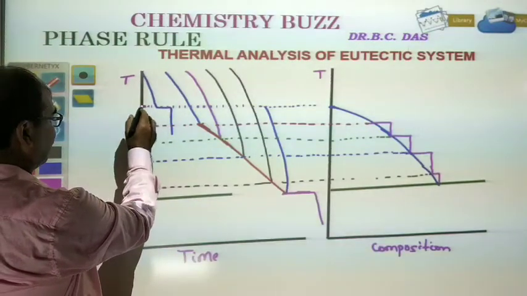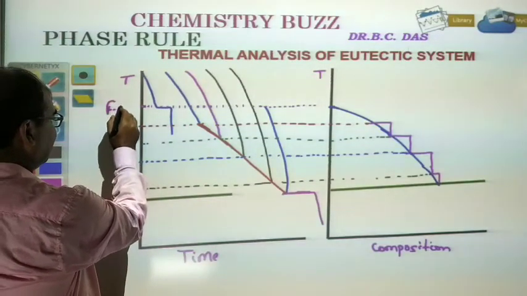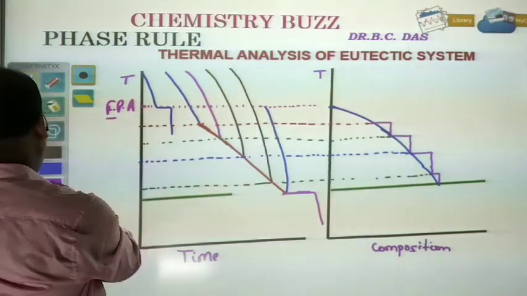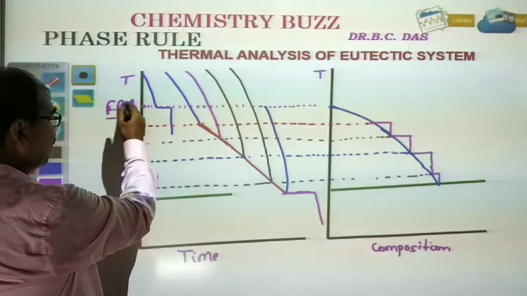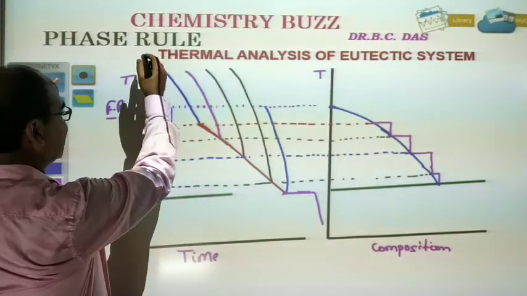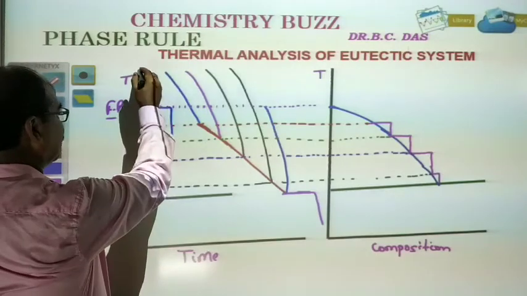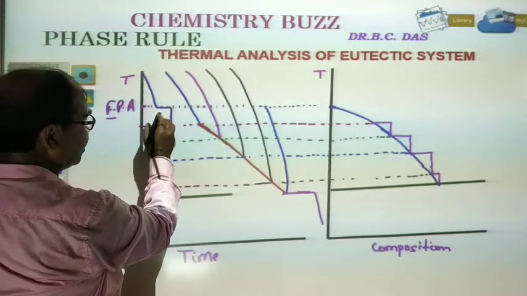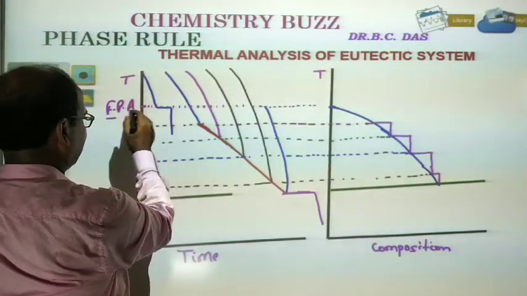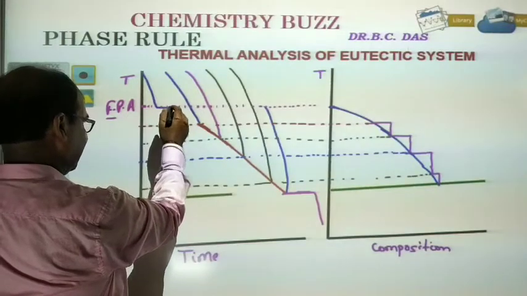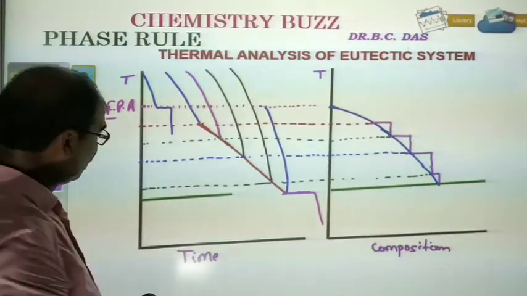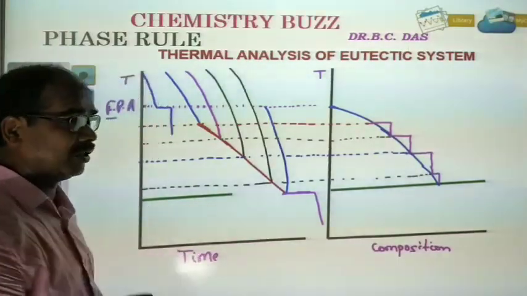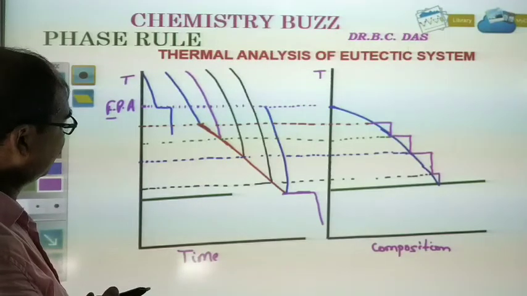This is the freezing point of A. So when this 100% A, that is pure A, is heated and cooled, the cooling will be rapid, and at the freezing point the temperature will be maintained constant, and after the solidification of A completes here, the temperature falls. But we have taken the number one sample, that is the mixture of 80% A and 20%